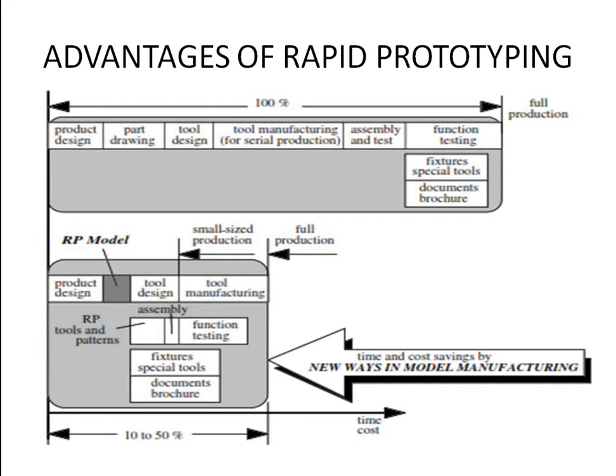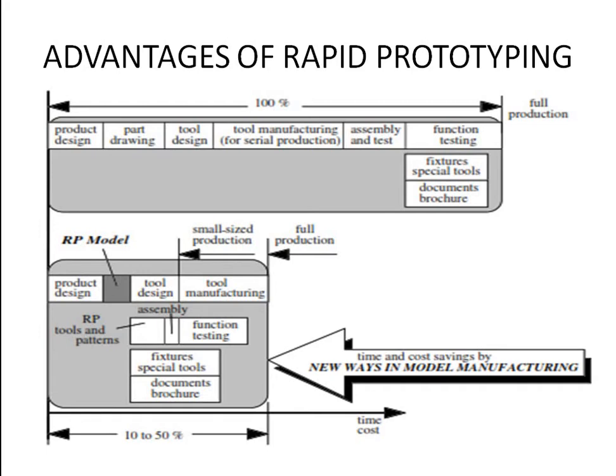Okay, now test and quality. In this one, we need pictures, special tools, documents, brochures. We need to prepare them, and we fully release the component. This is a general process without RP systems. Now, we implement the RP system. The product design will be the same as it is,